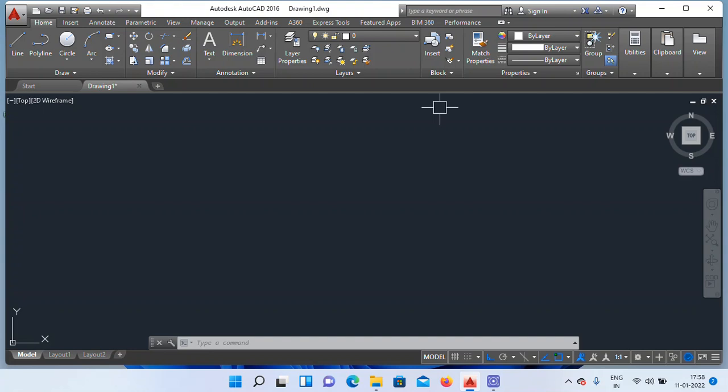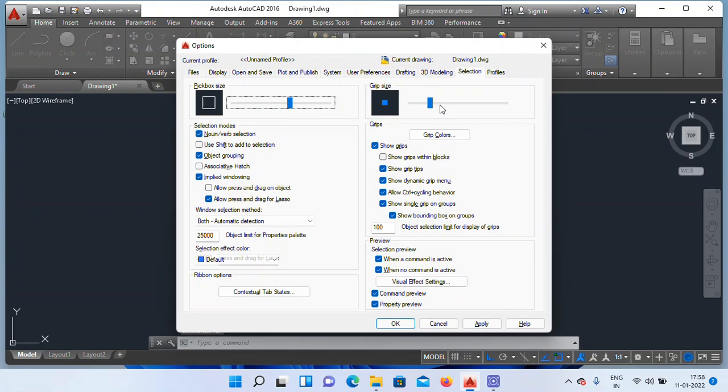Option command, just type OP, enter. OP, enter. See, this point is smallest. I need to increase this here, like this.